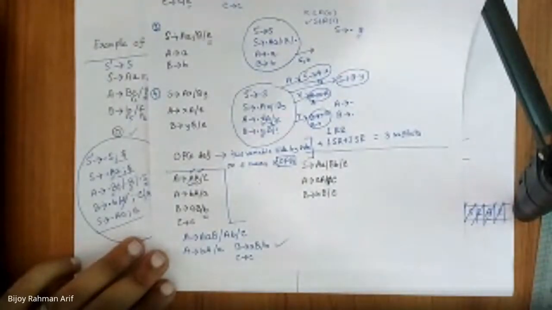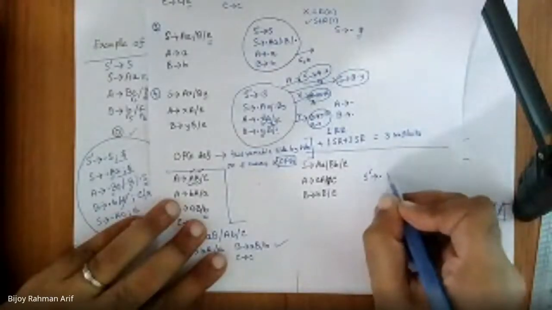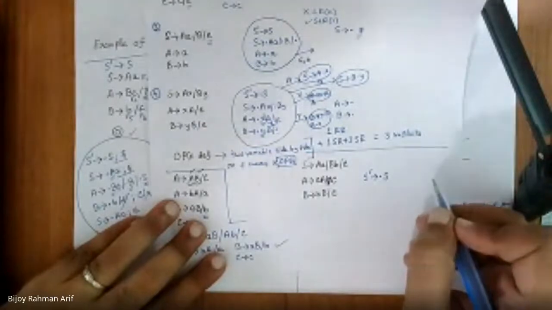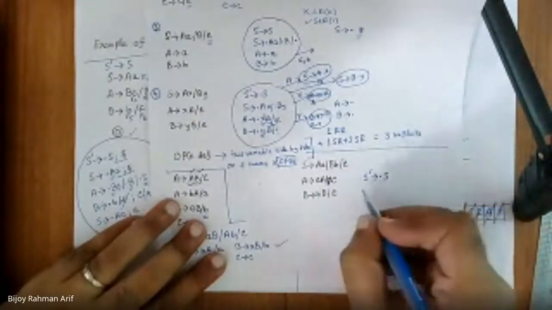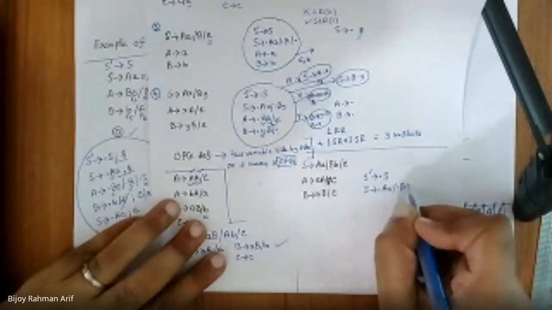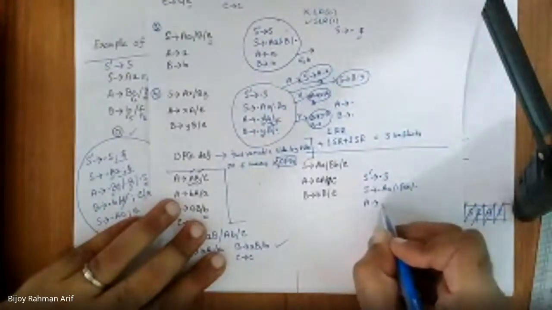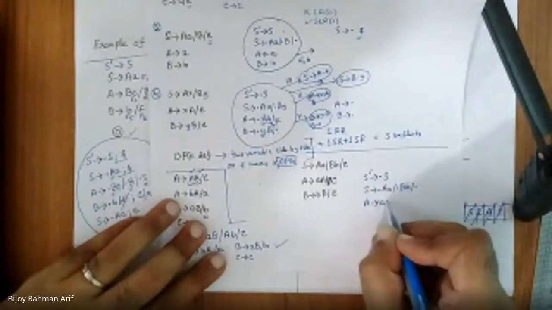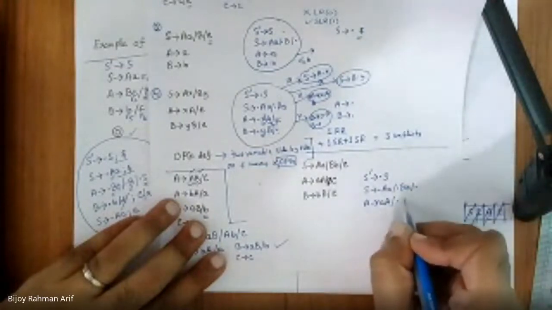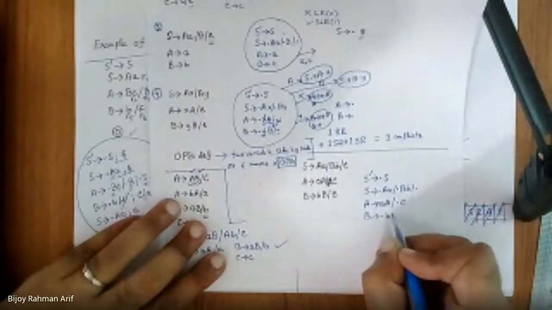How many conflicts are there in SLR1? So let's try to do this. S dash derives dot S dash derive dot S, then S derives dot AA or dot BB or dot A derives dot AA or dot C, B derives dot BB or dot.